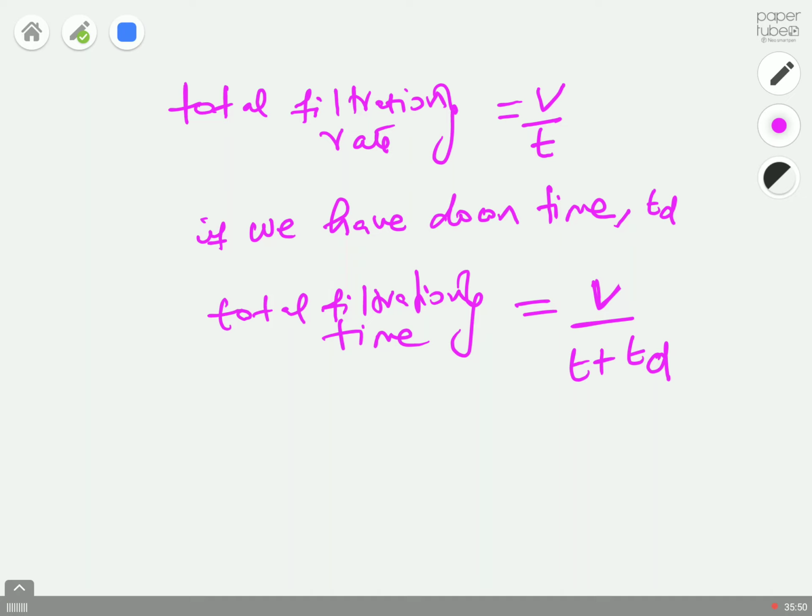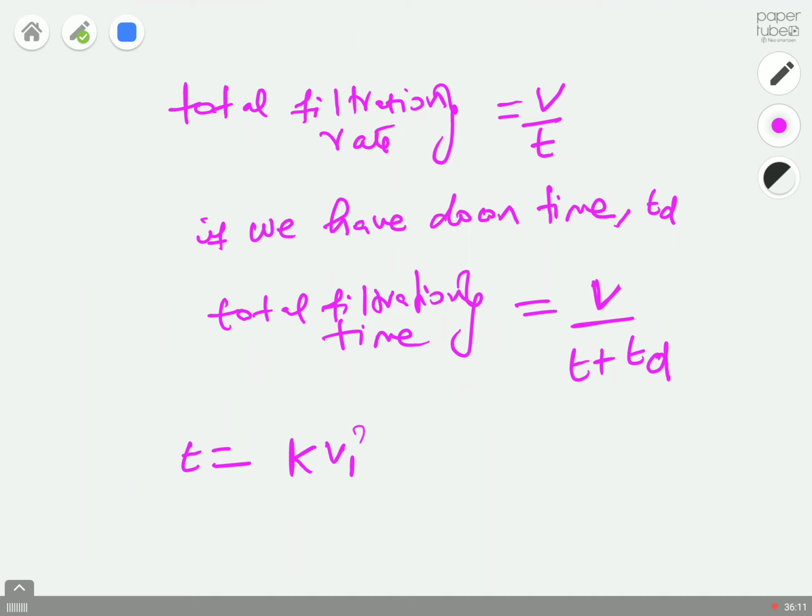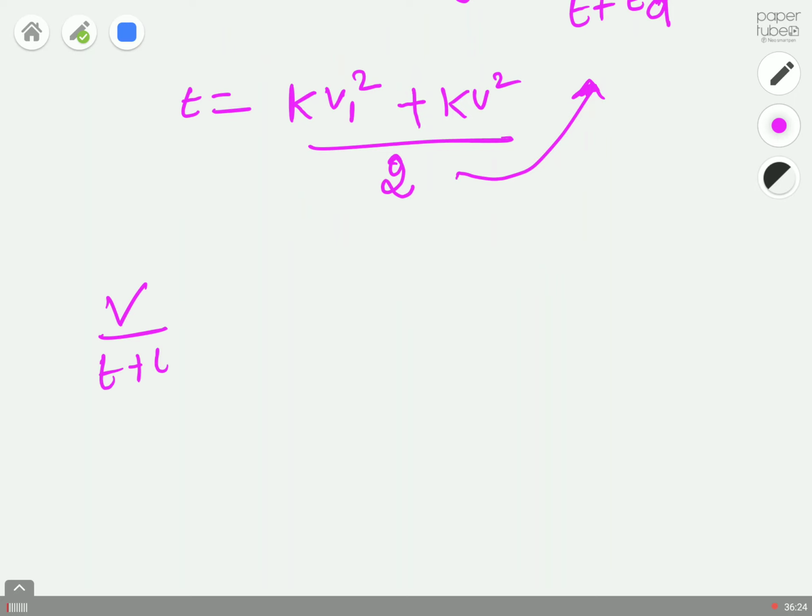We know that T is equal to just this value here, so I'm going to call this equation A. We already solved for T, so we know T is equal to kV1 square plus kV square by 2. So substitute this value here. So we know V by T plus TD is equal to V divided by